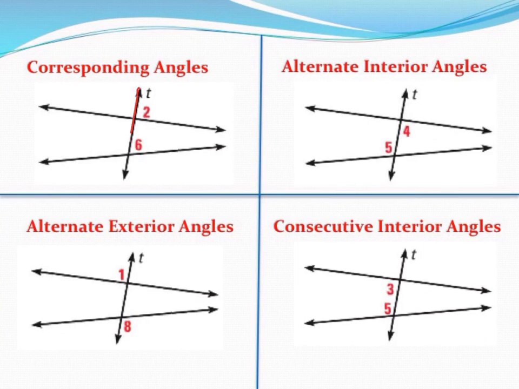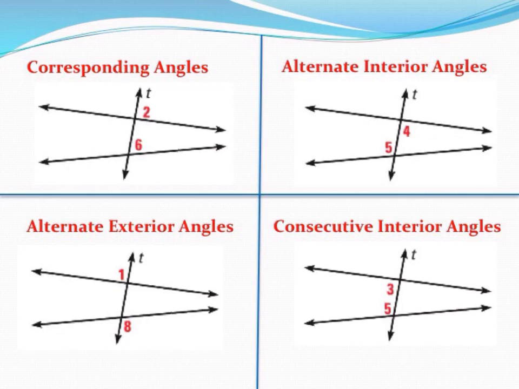When a line comes through and intersects two or more other lines, we call that first line a transversal. It cuts across these two other lines. And when it does that, several angle pairs are formed, as you can see. And depending on where those angle pairs are, they have a specific name. So, for example, let's go ahead and go through each one of these and see an example of each one,